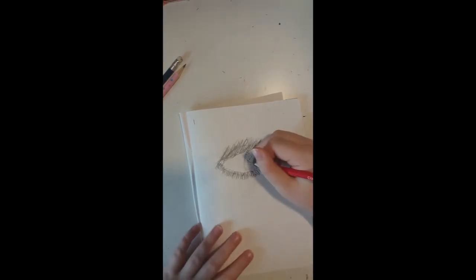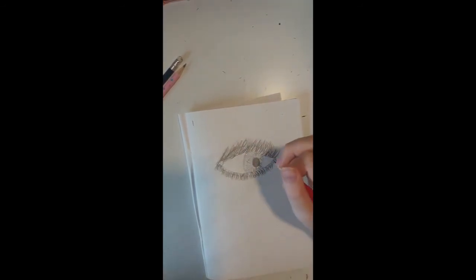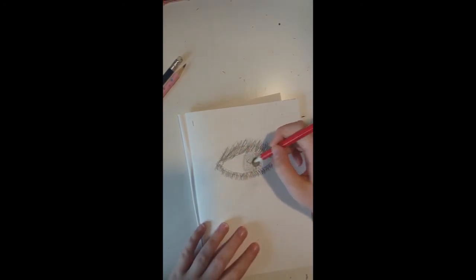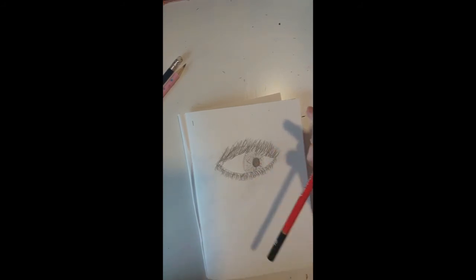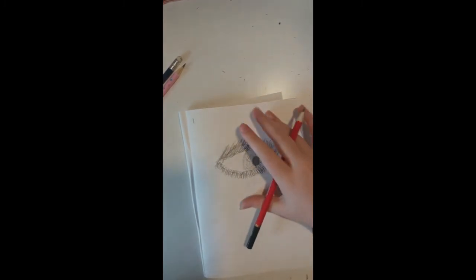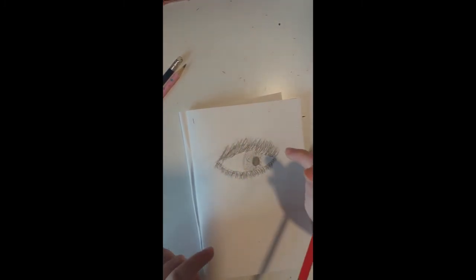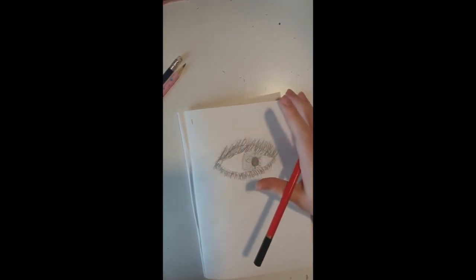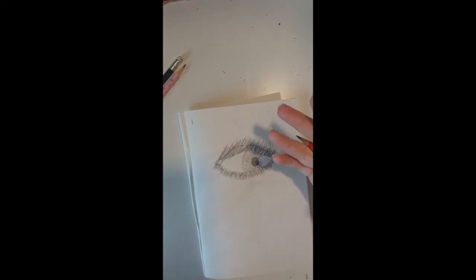And yeah, if any of this you find hard, just carry on going. It doesn't matter, because you always add a touch of your style to it. You're not going to be able to copy this exactly the way that I've done this. You're never ever going to be able to do that, because you will always do it in your style. As much as you try to copy things, it will always be slightly different unless you trace it, and even then it can have slip-ups. But it's always really good to do it in your own style and add a little bit of your own sense of creativity into it, because otherwise